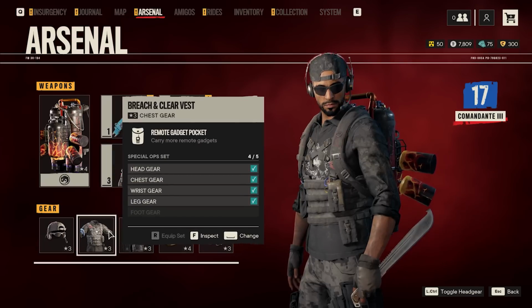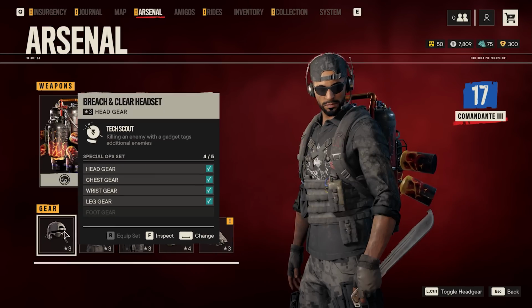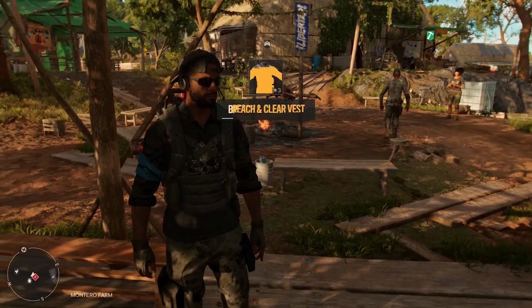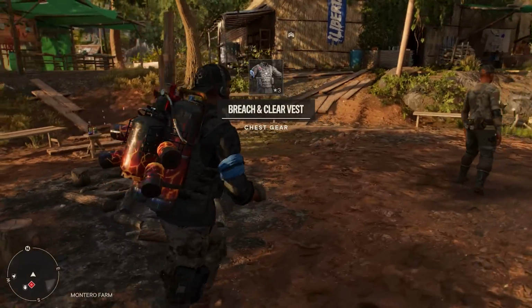I really like the skin on it, but some of these perks, yeah, I was definitely disappointed in them, including these two on the chest and the headpiece. They focus a little bit too much on gadgets. The legs and the wrists on the other hand can definitely be good, like the legs gives you a little bit more ammo reserve for your SMG. Meanwhile, the wrists give you a really cool takedown reload which refills weapon magazines after doing takedowns,